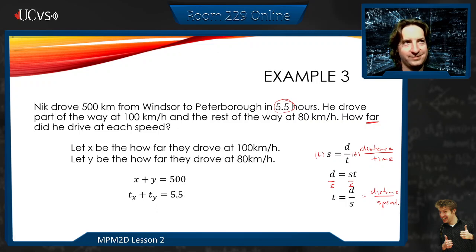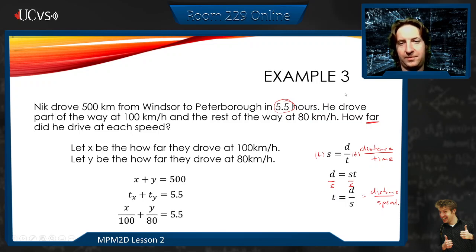Sorry, typo. So the total time was 5.5 hours, right? So the time it takes me to go one of the distances plus the time it takes me to go the other distance is going to have to be 5.5. However, what is the time I travel x kilometers at 100 kilometers per hour? That's going to be the distance traveled divided by the speed. We don't know the distance. The distance is x. The speed we know is 100. So